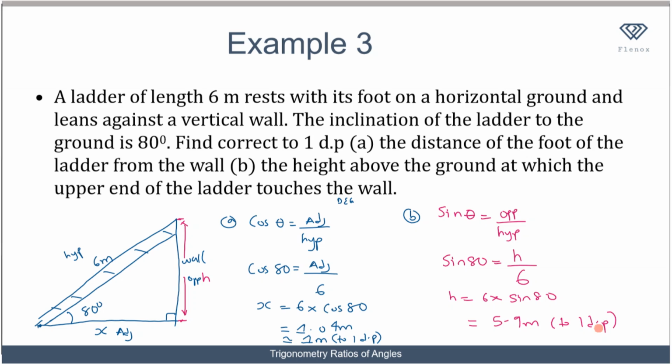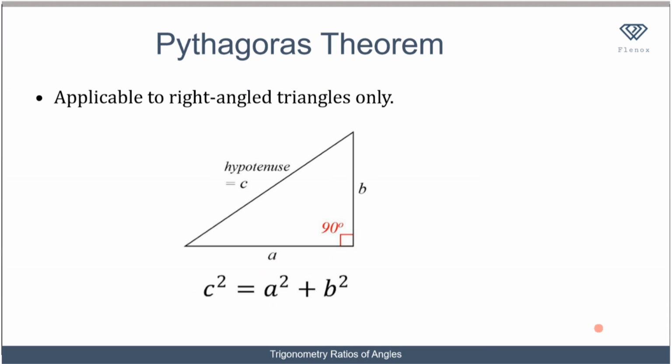So now let's look at a concept that is applicable to right angle triangles only, and that is called the Pythagoras theorem. I know we have used it in one previous example we solved, but let's look at it in detail now. So what is it telling us? It's telling us that if you have a right angle triangle, the square of the hypotenuse, in this case the hypotenuse is given as length t,